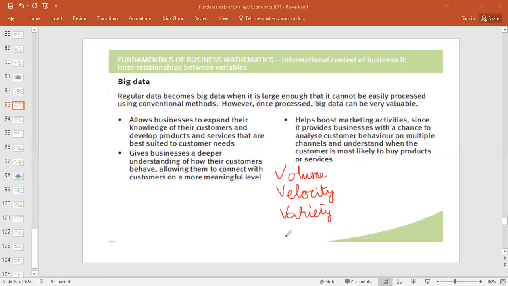Volume, velocity, variety. Fourth one talks about veracity. What does it mean? See, since the data is collected from multiple sources, this data has to be validated for its genuinity. Because the data is collected from multiple sources. The third one is the transmitted source. So we also know that